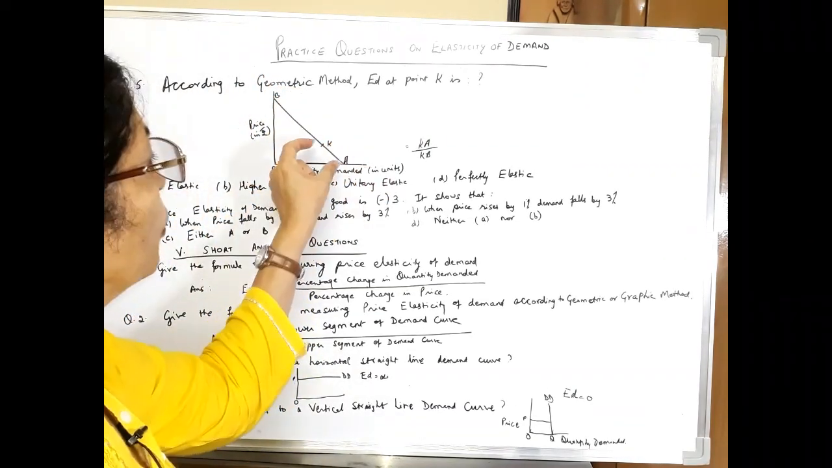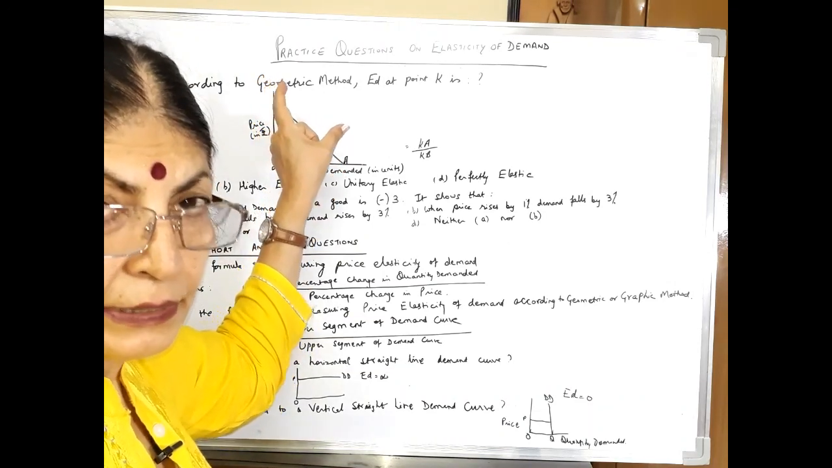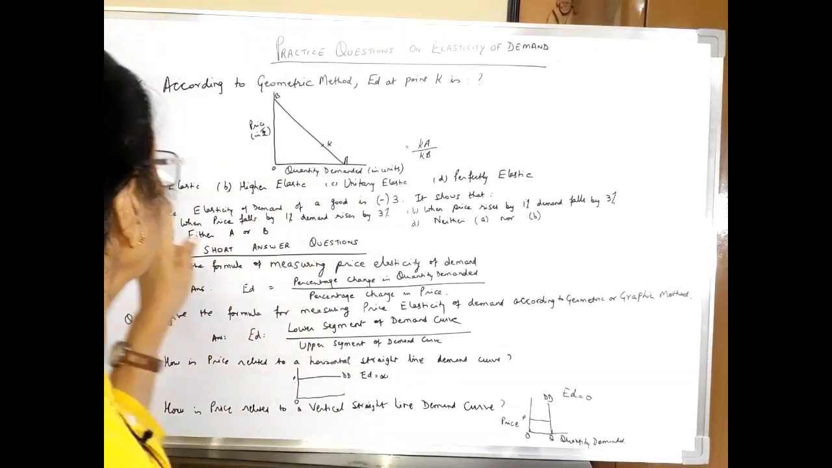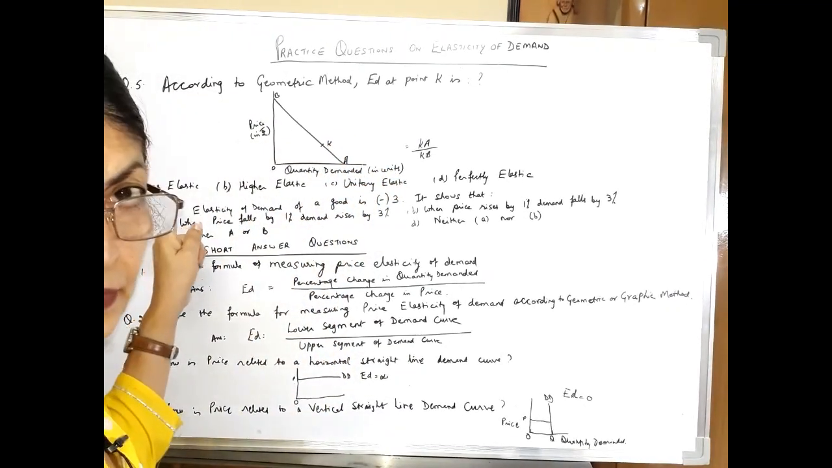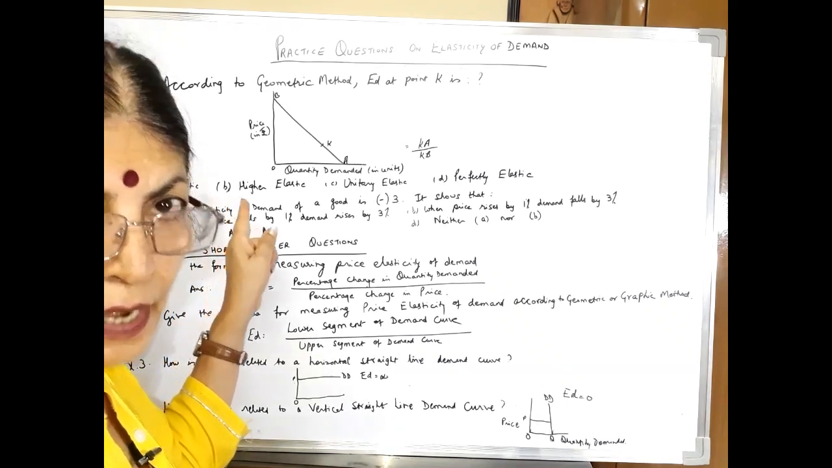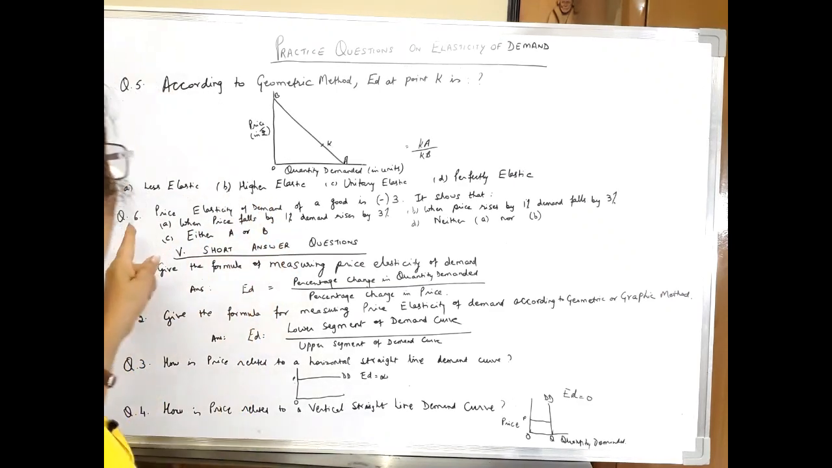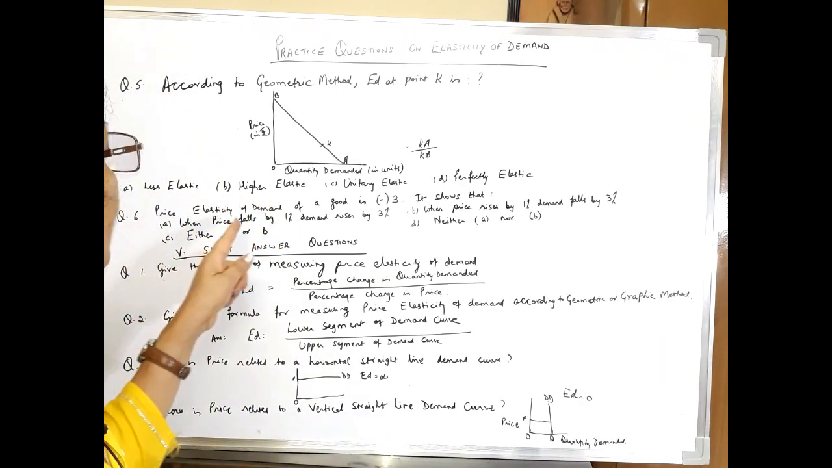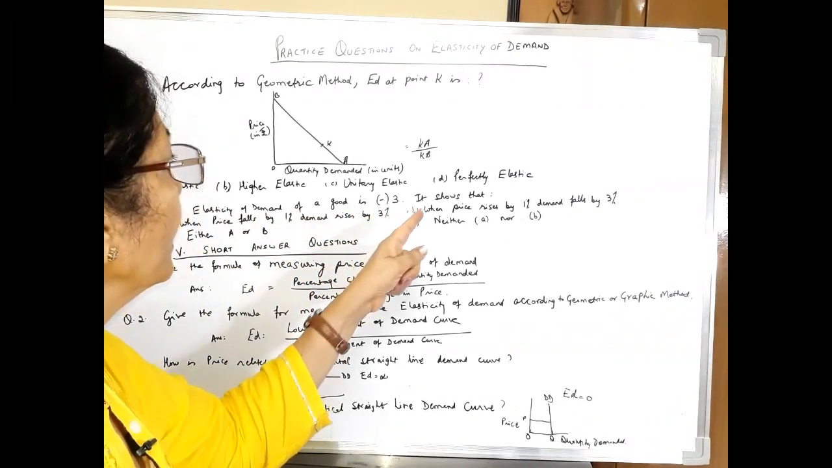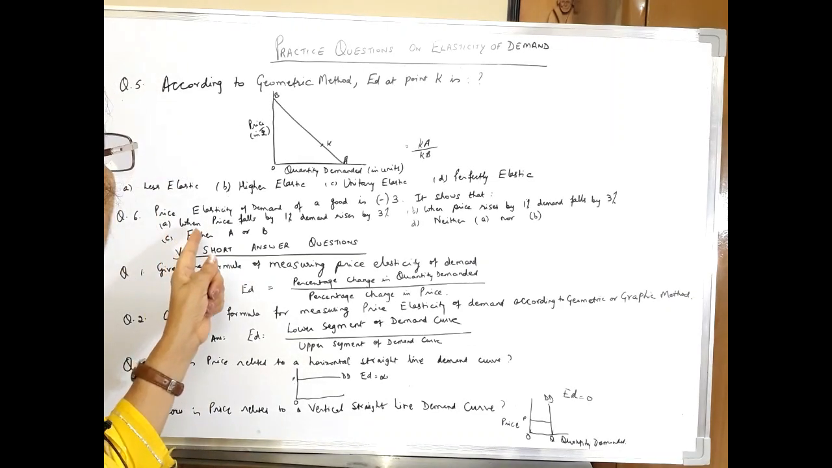According to this, since the lower segment is less as compared to upper segment, naturally the value will be less. Hence, it will be a case of less elastic demand. Option A is the correct answer. I hope it is clear to you all. Next question, price elasticity of demand of a good is -3. It shows that, what are the options? A, when price